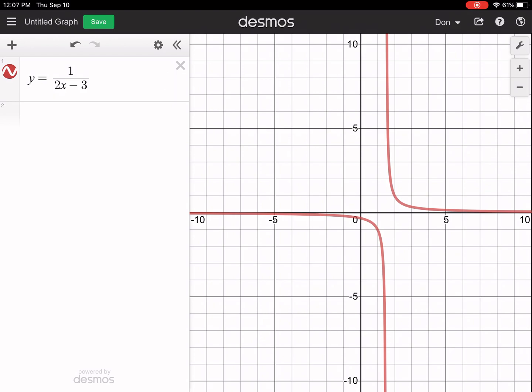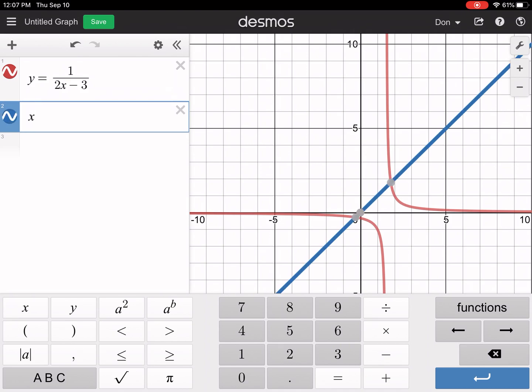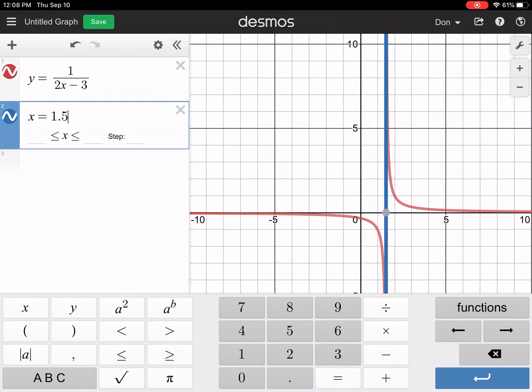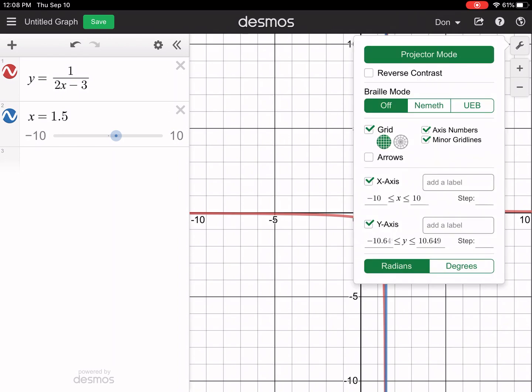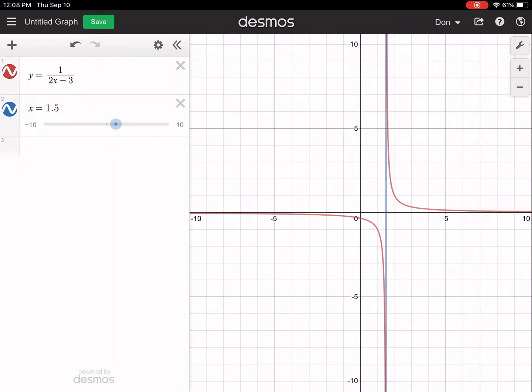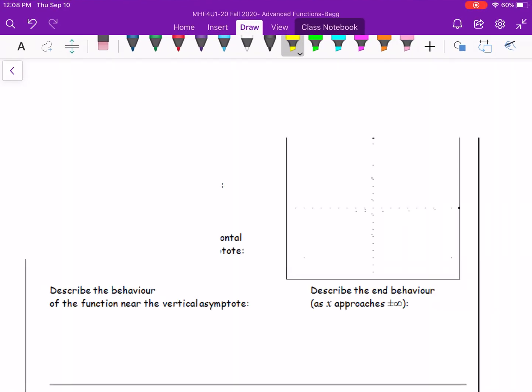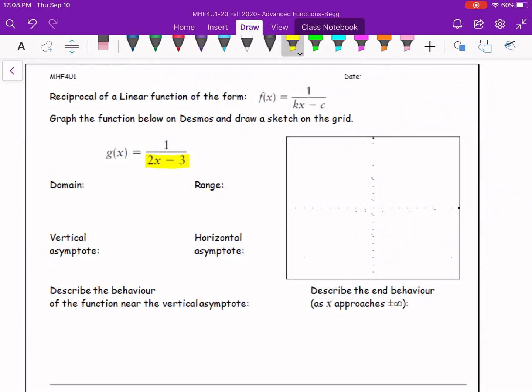So where the vertical asymptote, this up and down asymptote, seems to be, it looks like it's at about 1.5, right? If I were to draw a vertical line at 1.5, that actually looks pretty good as to where the vertical asymptote is. They're overlapping a bit because I've got it on projector mode, but the red line isn't supposed to be touching that asymptote, which isn't even really there. I just put it in so you can get an idea of where it's supposed to be. So again,